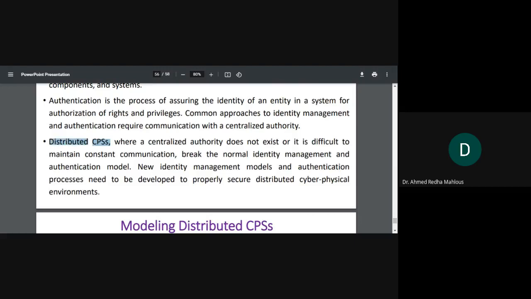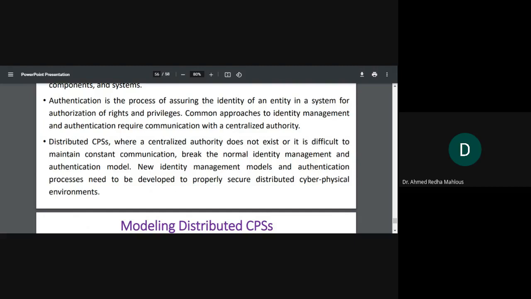Later we will have another chapter dedicated to distributed systems, but here we talk about centralized authority. Sometimes, instead of having one place where everyone is authenticated, like a proxy server, where people are authenticated via that proxy server or another server. And sometimes in a distributed system, you don't have such a centralized authority, because the devices are distributed, and it is difficult to manage the authentication of